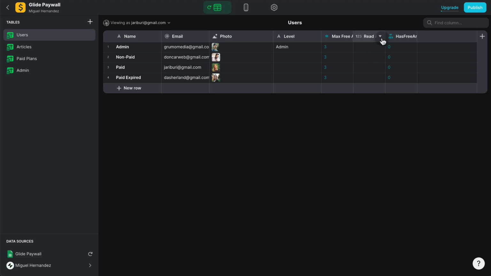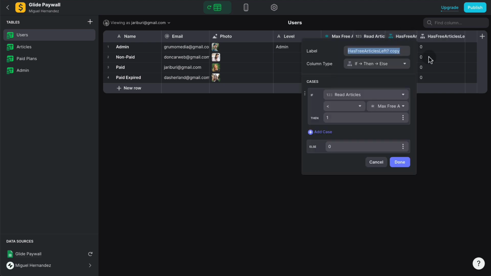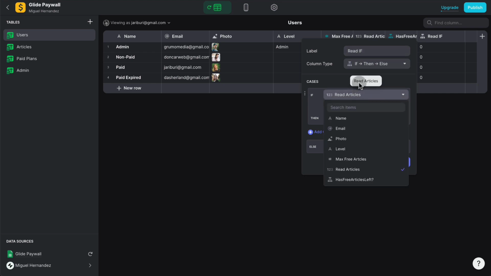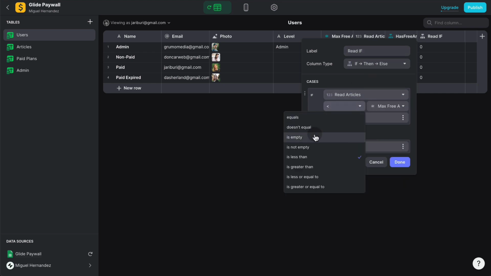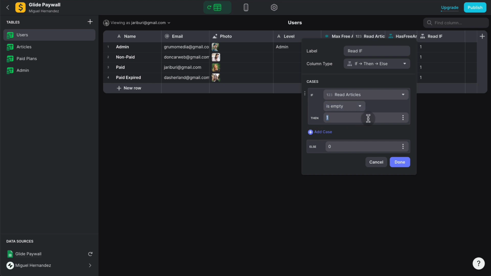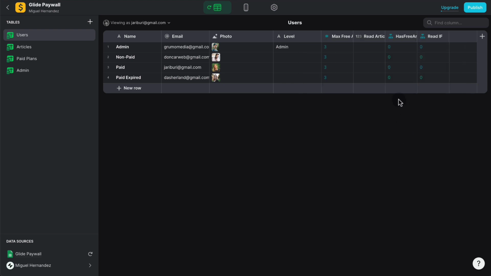So what we have to do is create a conditional column again. So let's just duplicate this, and we're going to call this read if, and basically we're going to convert anything that is empty under the read article. So if read articles is empty, we're going to say that the value is 0, otherwise the value is going to be read articles. It's just a way of forcing a 0 when the value is empty by default when they start using the